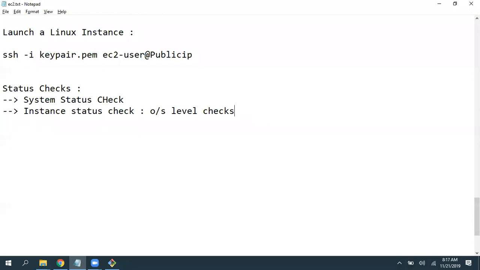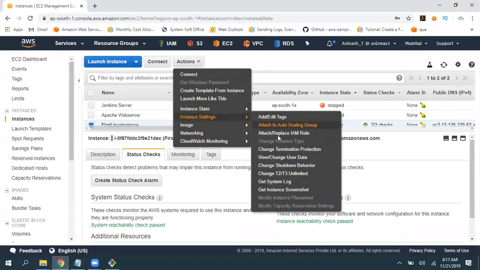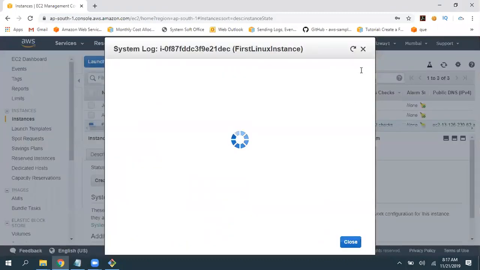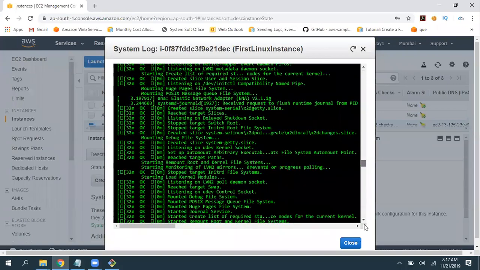Most of the time, reboot works for us. That is what we suggest many times: if you are facing any issue, first reboot and try again. Otherwise, you can look into the logs, understand why we are getting that issue, and then try to fix it. These are the logs related to this Linux machine.